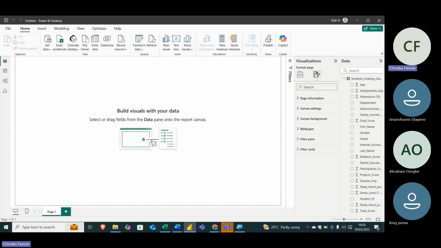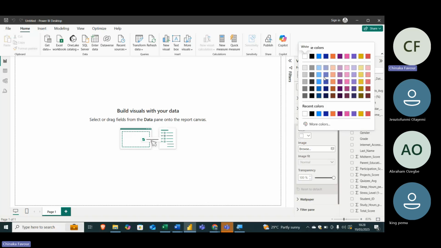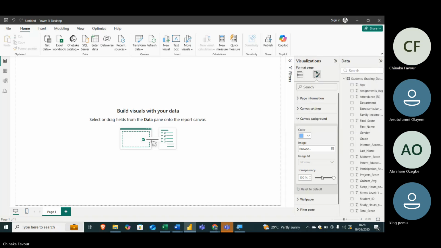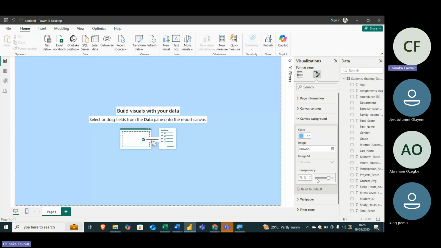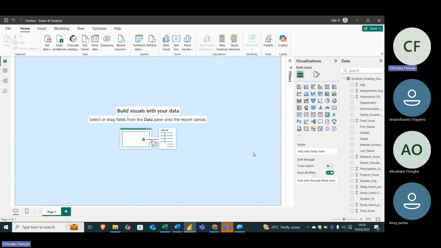So yeah, this has all the information for this page, your canvas background. If you want to bring in a wallpaper, you want to see the settings of your background, if you want it to be in portrait form or landscape form, this is all the design that has to do with your canvas. So I'm quickly going to change it to maybe light blue. Okay, so I'm actually going to change it to light blue so we can see that we've changed the canvas